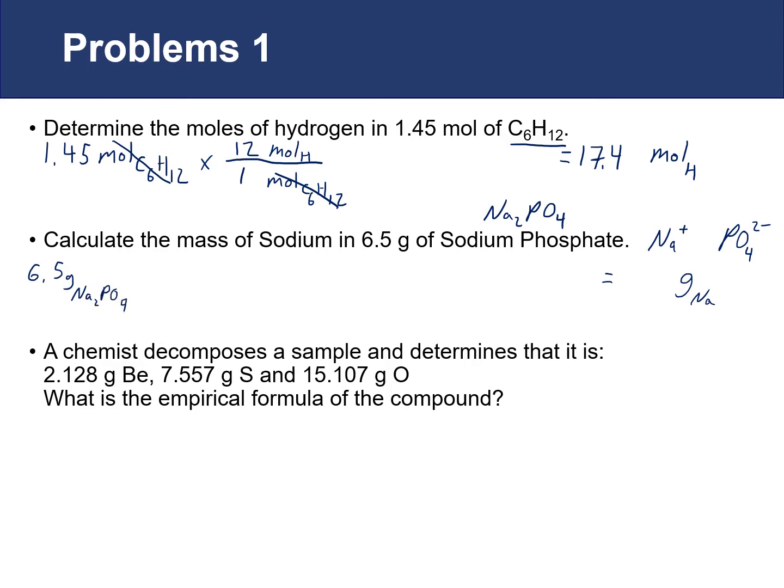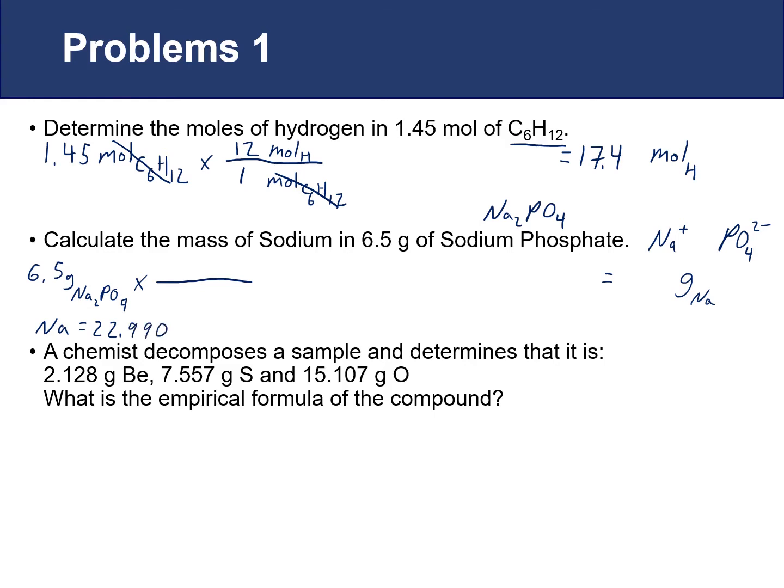In order to go from talking about sodium phosphate to sodium, we need to have a ratio of the number of moles of each. So to do that, we first have to convert our unit that we're starting out with into moles of sodium phosphate. So we're going to use the molecular weight to do that. We would sum up the masses of sodium and phosphate. So sodium has a molecular weight of